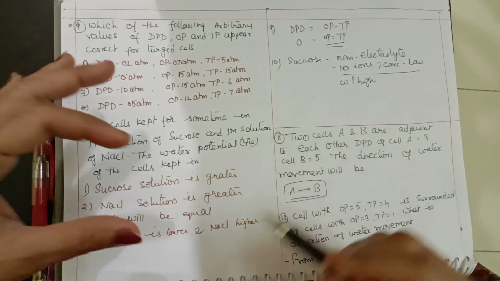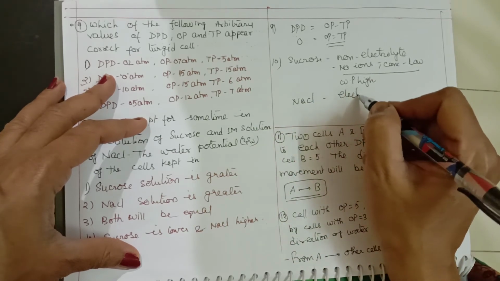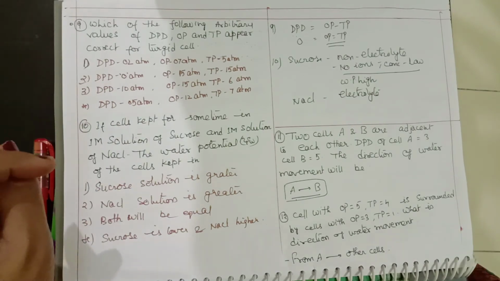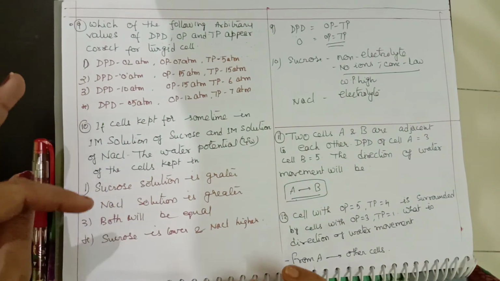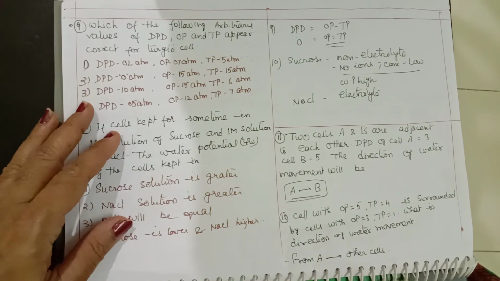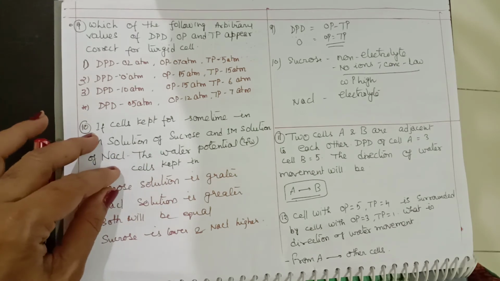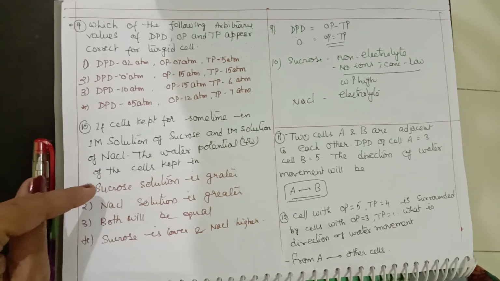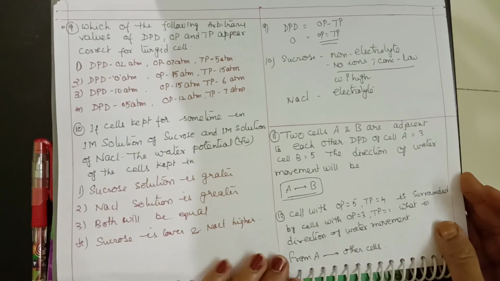Whereas sodium chloride is an electrolyte. It can form ions, sodium ion and chloride ion. So it will change the concentration. Since the concentration changes, its water potential will decrease. So for cells kept in sodium chloride, the water potential will be low, whereas for cells kept in sucrose solution, the water potential will be more, because the concentration will be less. So this is the difference. This is also very frequently asked in any exam, comparing sucrose and sodium chloride. Okay, now the next question.